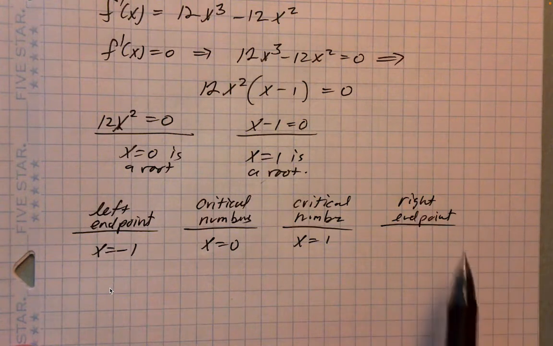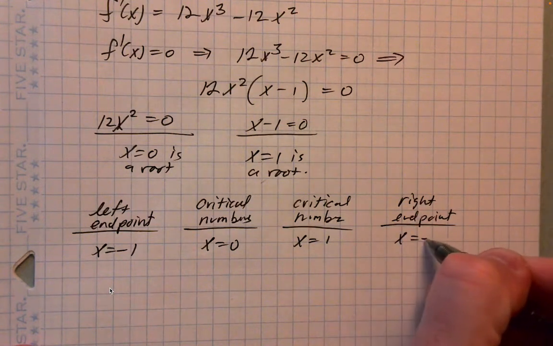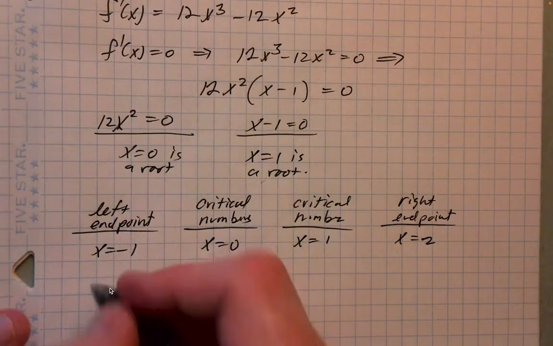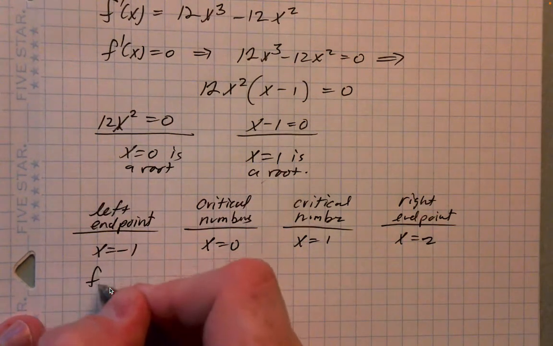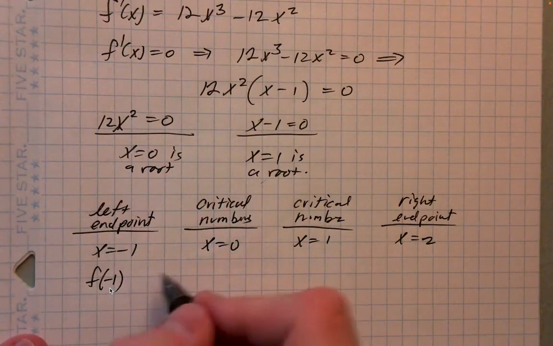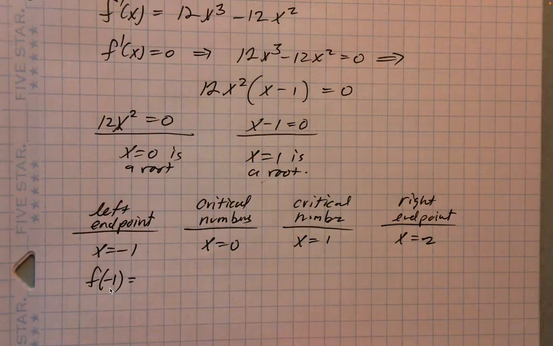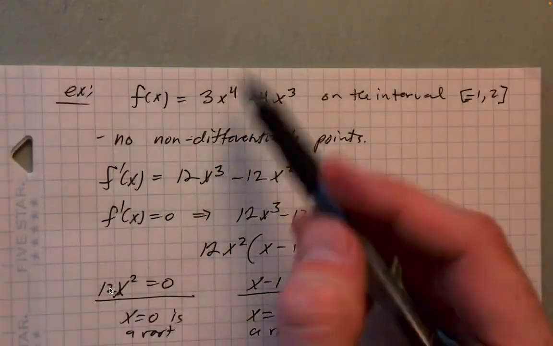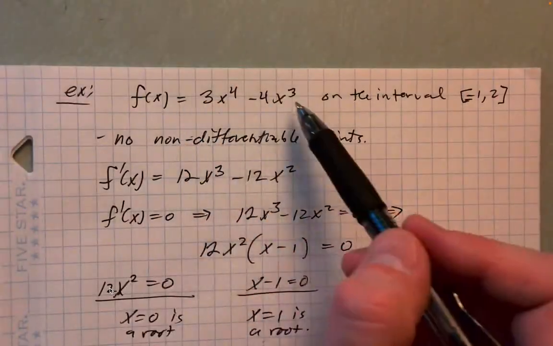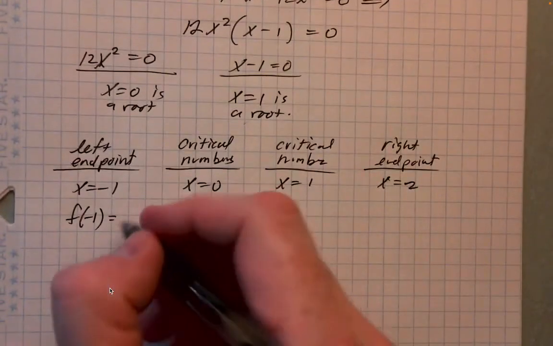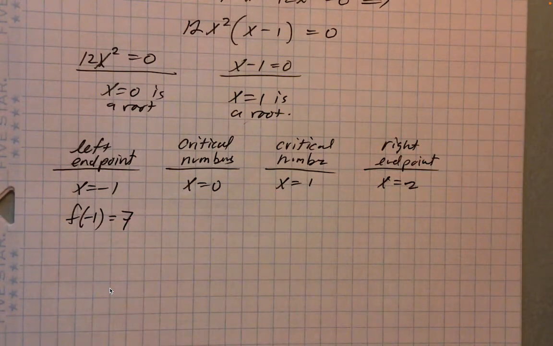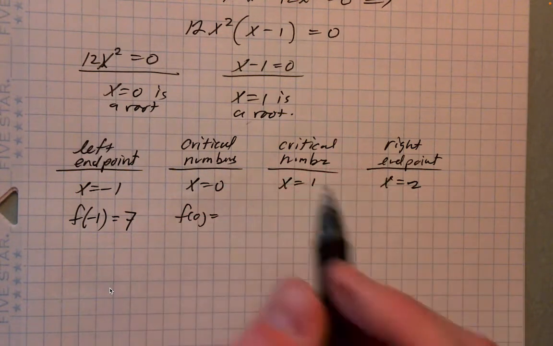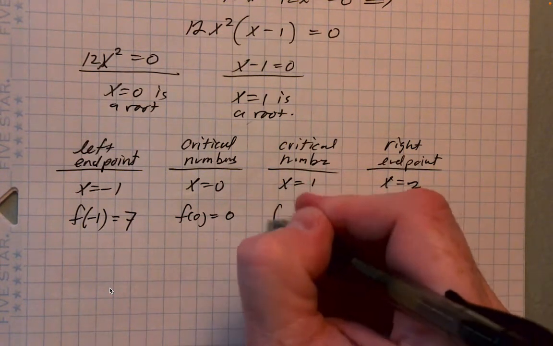Right, and the right endpoint was x equals positive 2. Sorry. Okay, so let's figure out what f is equal to at each of these. Well, if I plug this in, I'm just going to do the work off to the side here, but f of -1, if I plug that in, altogether I get a 7 here. So the value of the function at -1 is 7, and then f of 0 is 0, f of 1,